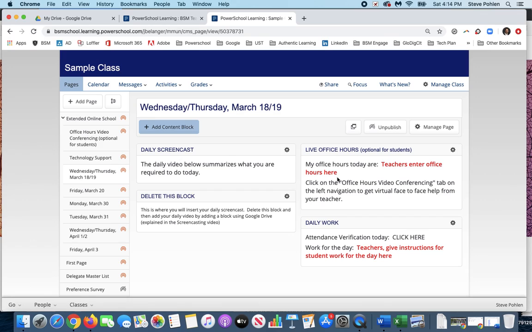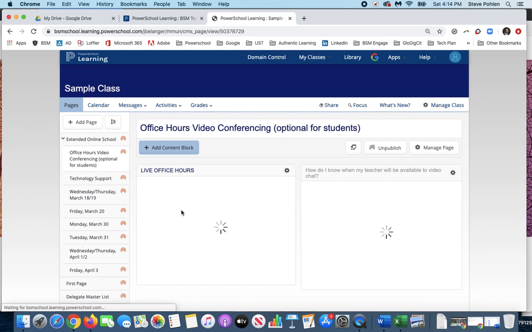So they might give you a single, 1 hour time block that you can come in and talk to them, or they might give you a couple of different half-hour times that they'll be available for you to come and see them. Related to this office hours, I'm just going to navigate over here to the left. There's a link here for office hours video conferencing. So depending on what hours they give you, you can navigate over here, click on the office hours link here,